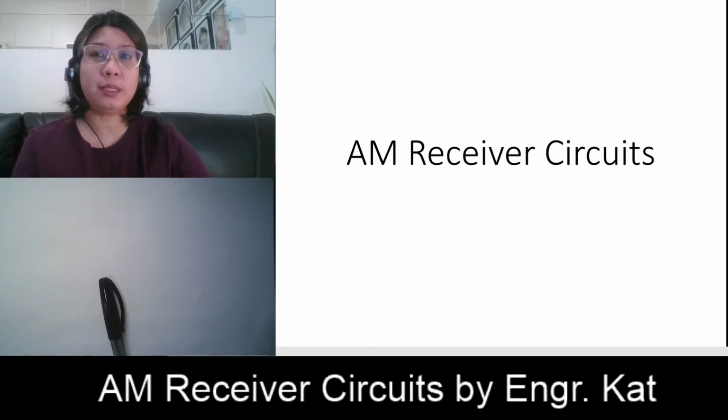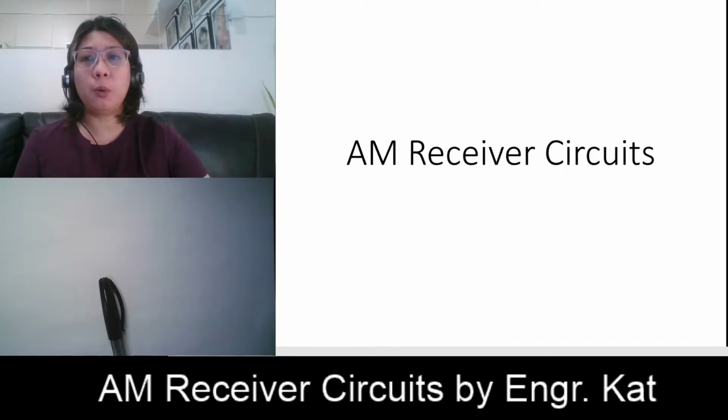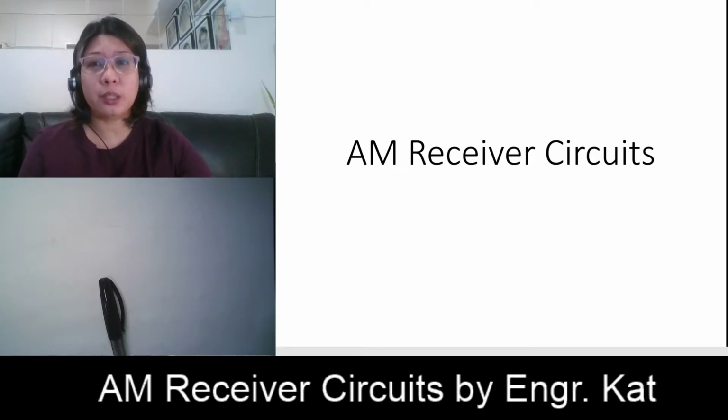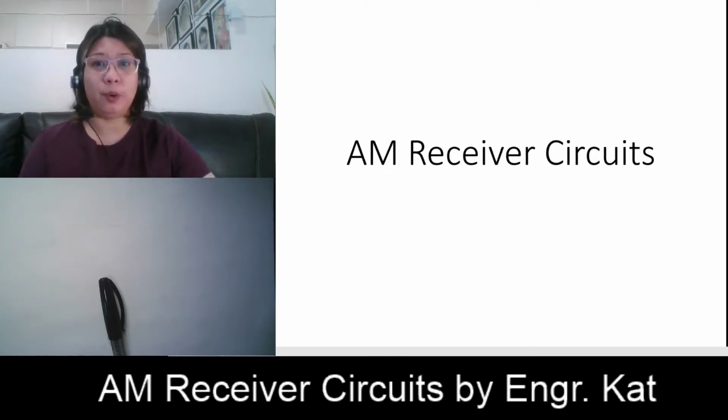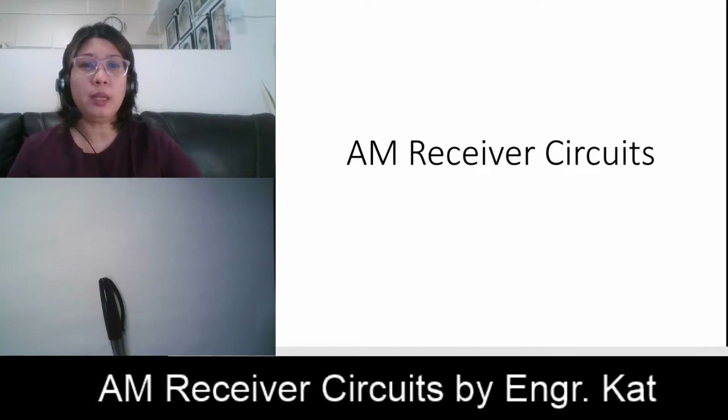Today we're going to discuss some of the most commonly used circuits in AM receivers, whether in their discrete form. What do we mean by discrete form? We build them from real individual transistors, resistors, capacitors, inductors, and so on, or they come in the form of integrated circuits, wherein the circuits are already inside an IC chip. To start with,